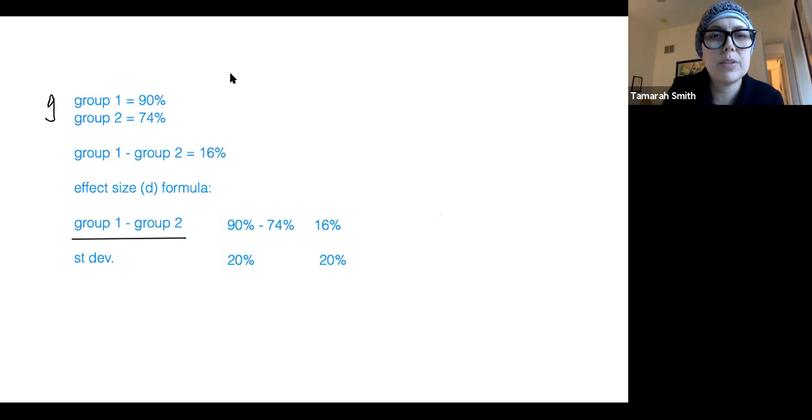So watch what I'm going to do here. I'll put the little lines in and suddenly this will look like actual formulas. So we went from this formula here, where we take the two averages for group one and group two, and we subtract them. 90% was for one group, 74% was the other group, which means they differed by 16 percentage points. And then we divide that by the standard deviation, and we're saying the standard deviation was 20 percentage points. And so when we divide this, because I already did this on purpose ahead of time to make sure we would get it,